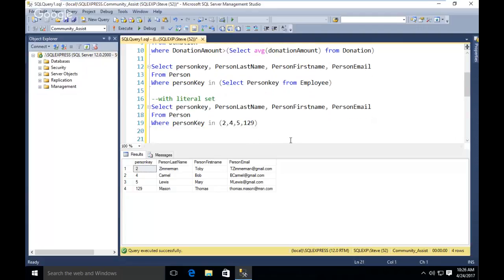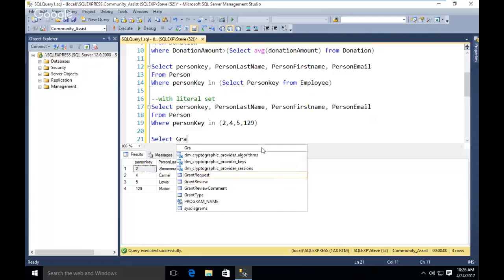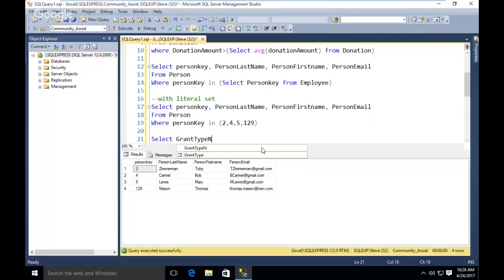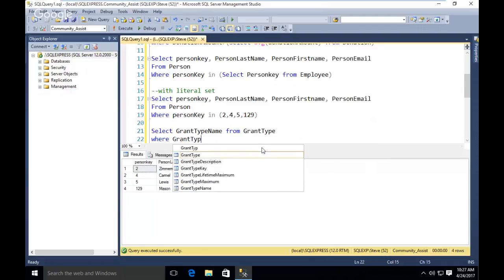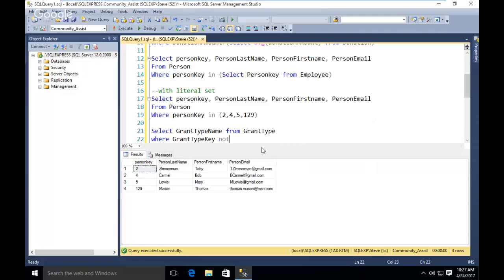So I'm gonna do one more. This is with it here. So I'm going to do select. I might do 2 more actually, but let's do select grant type name from grant type, and I'll say where grant type key not in